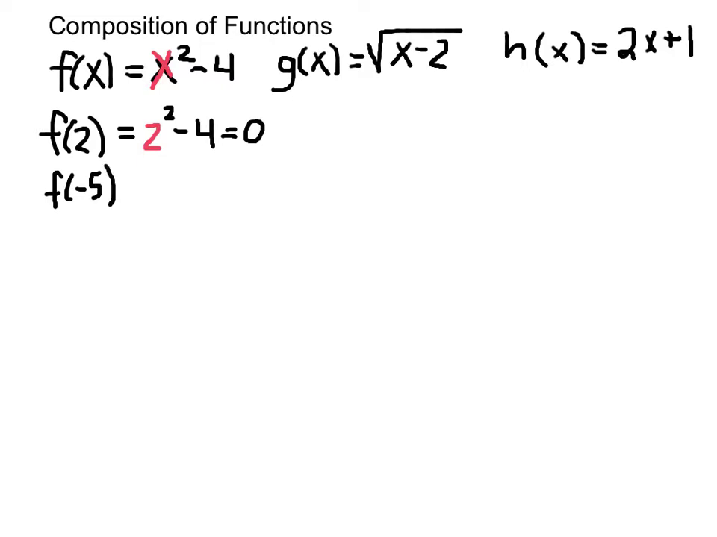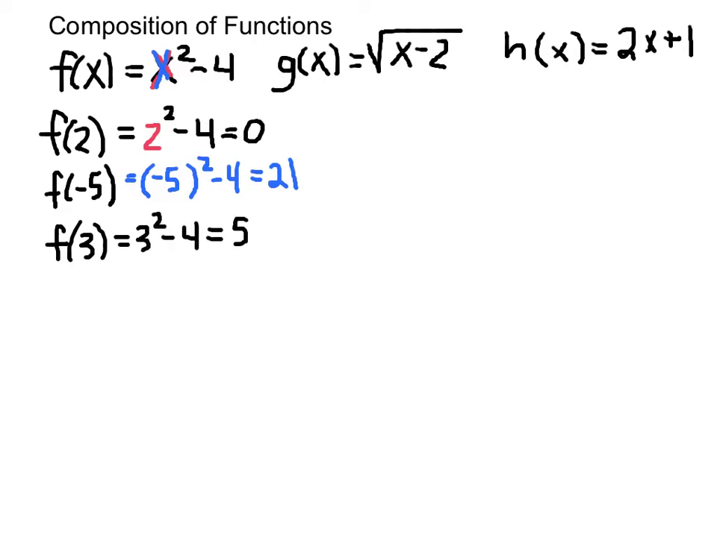If I were to ask you to find f of negative 5, this is a little bit trickier because you have to remember that anytime you substitute in negative numbers, you have to use parentheses. So I'm going to substitute the negative 5 in for the x, and then square it and subtract 4, and that's 21. So for the most part, if you have f of 3, that would be 3 squared minus 4,